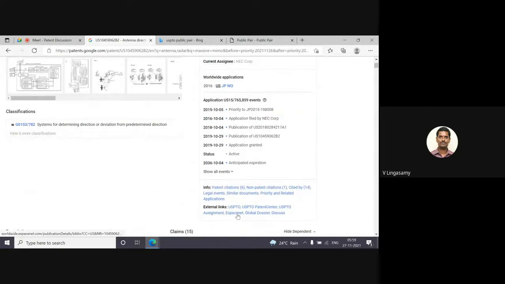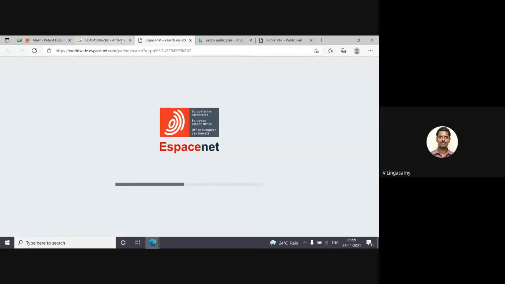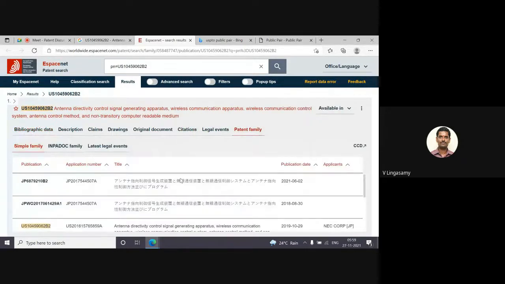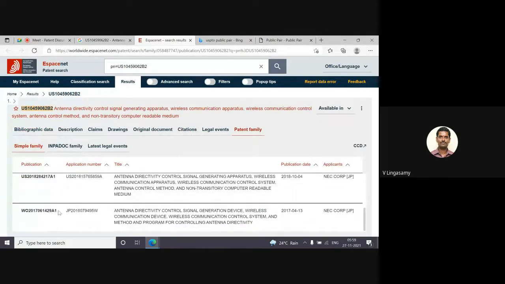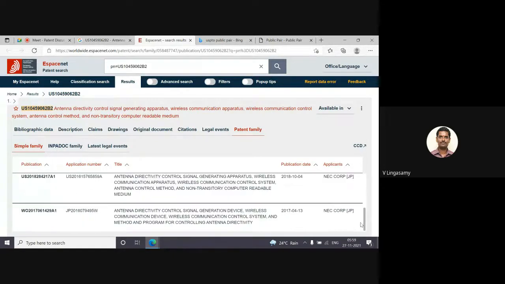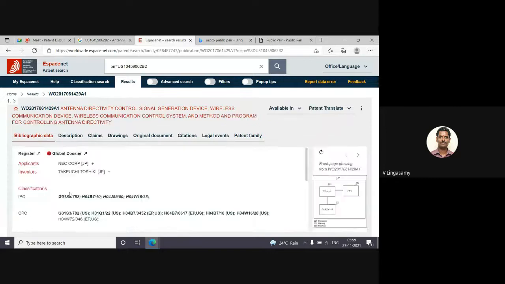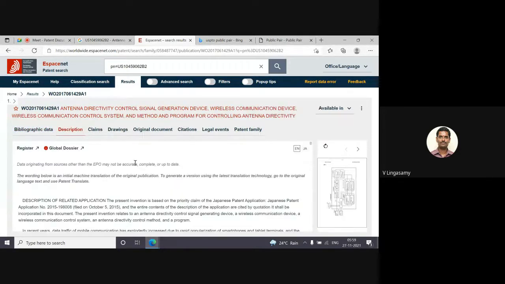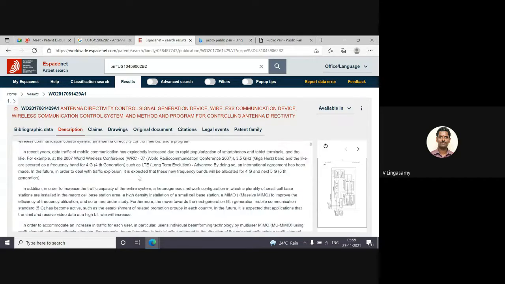So let us look at this one. Here you can see the patent family. So here I want to tell you about this one. See WO. Here you can see that this is an NEC Corporation patent basically. So what they will do initially, they will file this kind of patent basically. What WO means is a kind of general patent, and they will describe the end-to-end thing. So what is their mindset, they will just dump it here, and then what they will do is